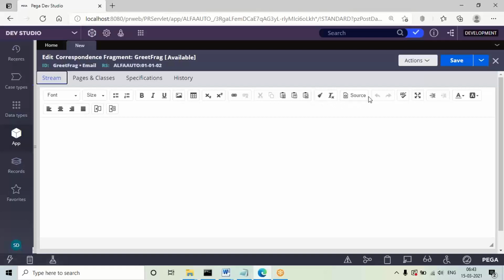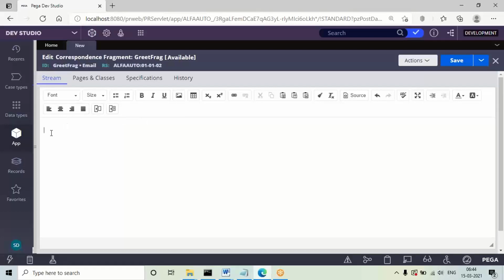Some paint sources can be configured, spell check, text color, background color, alignments and all. Apart from that, at the Pega level you'll have two options: insert property and insert rule. In insert rule you'll get two things, paragraph and section, that you can call in the fragment. Insert property means you have to choose the property.